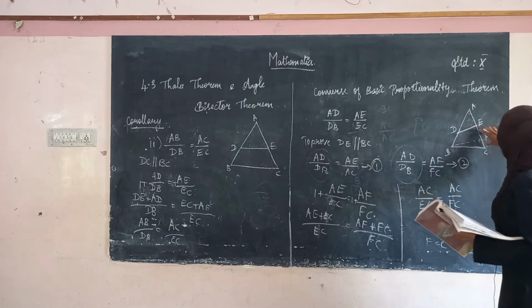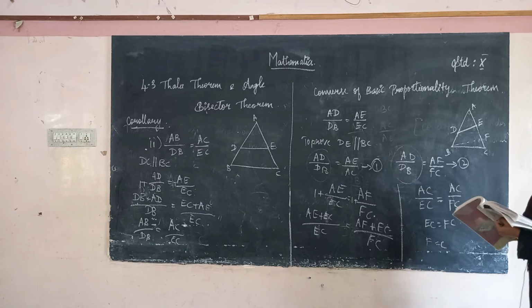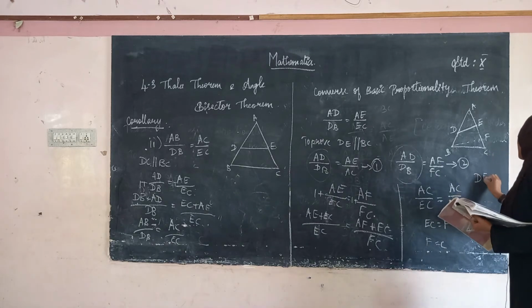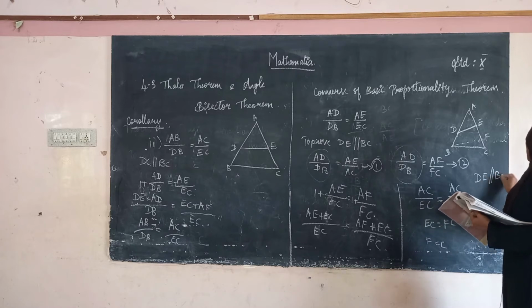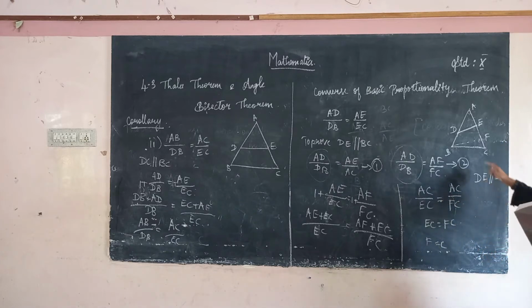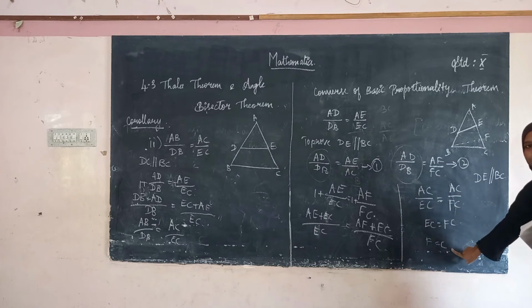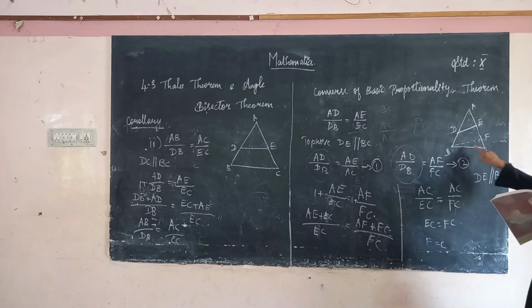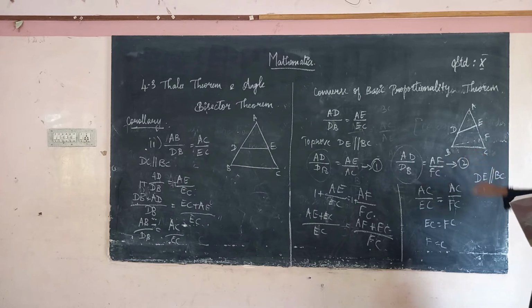That is, this kind of line will not come. What happens to this F? F is equal to C. Therefore, we can tell that DE is parallel to BC. Okay, since we got EC is equal to FC, and this is also the same, so F is equal to C. So, F equal to C means there is no such line. Therefore, we can prove that DE is parallel to BC.